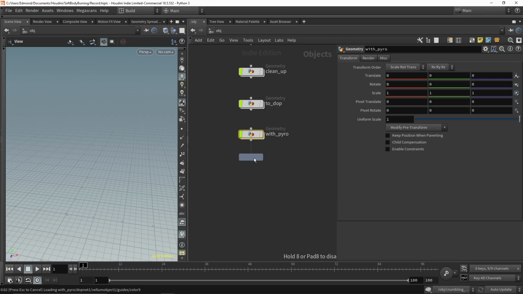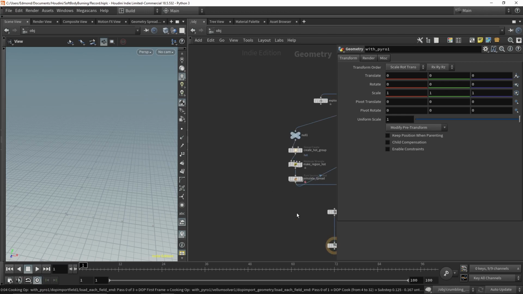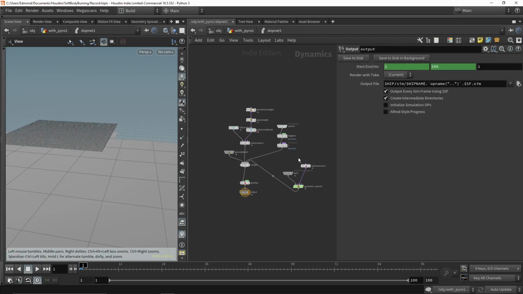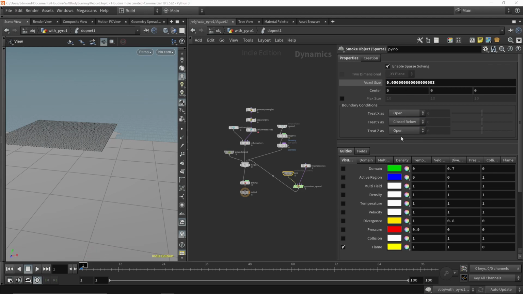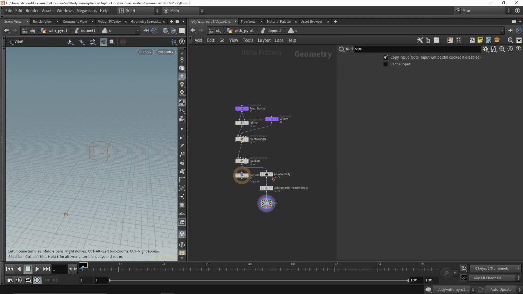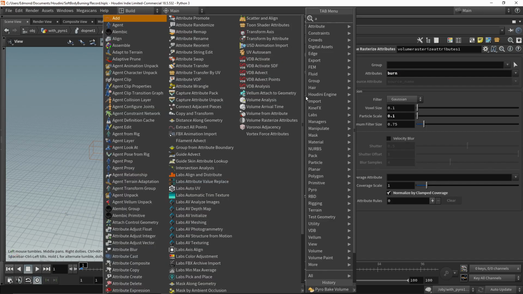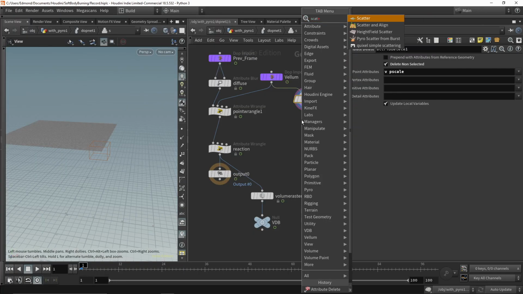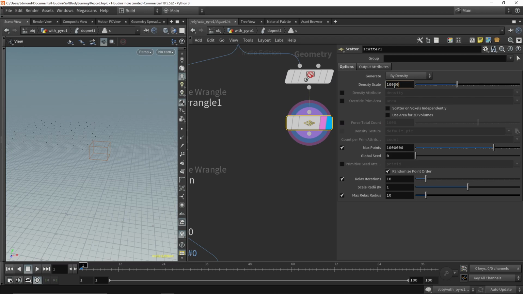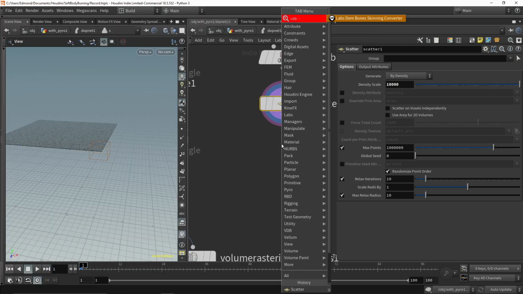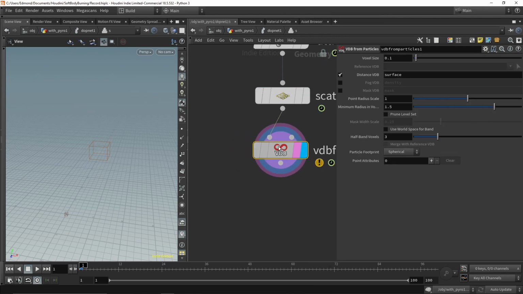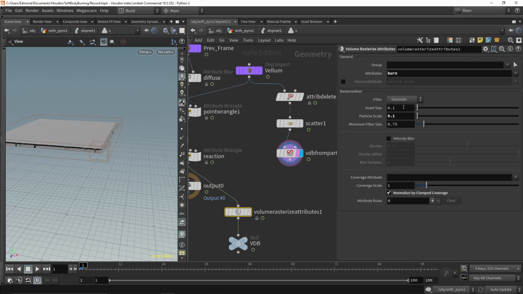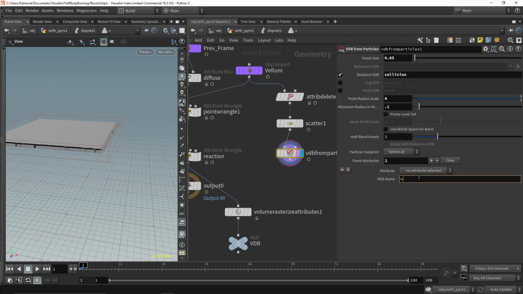For the last steps, we will add some additional interaction between the pyro and the other components. The first thing we want to do is probably use the vellum as collision geometry for the pyro, so that the flame is being moved as the vellum moves the flame. I will get rid of the V field that we were sourcing before. I will take the vellum and keep only the V and the pscale attribute. It's easier to rasterize some points than rasterize a sheet of paper, so I will scatter some points that will inherit the V attribute. And I will create a collision SDF, as well as rasterize the V attribute.